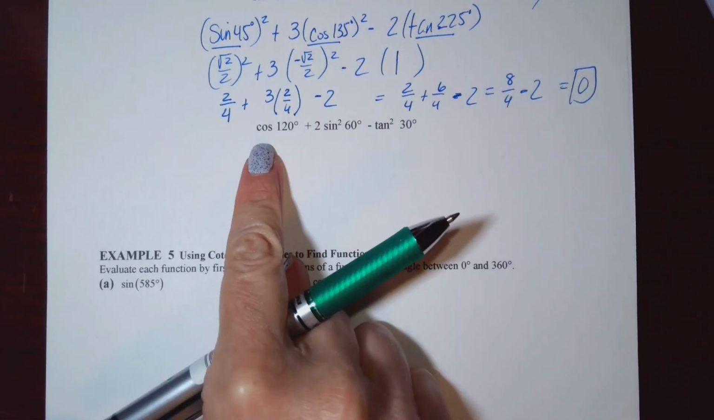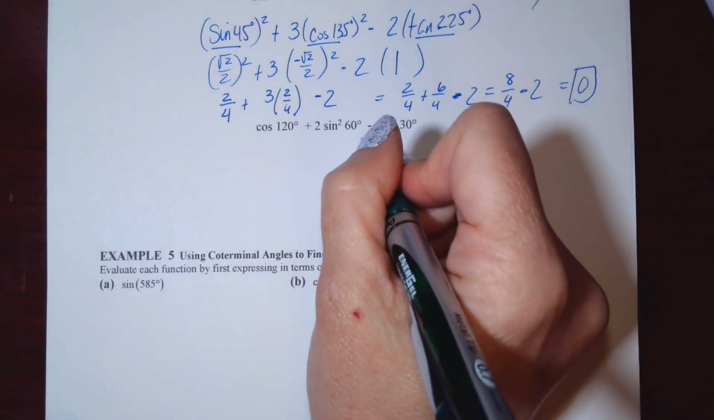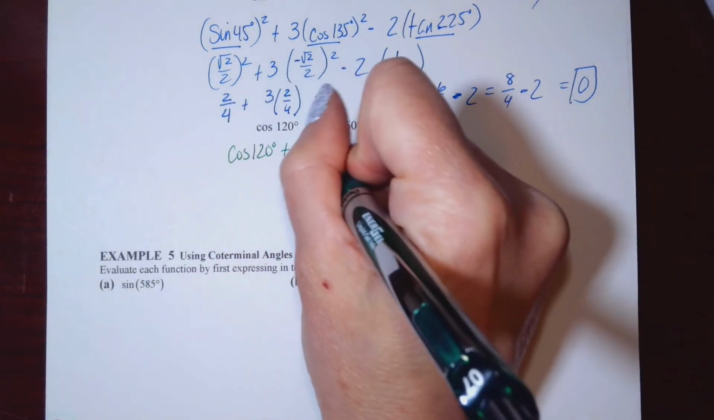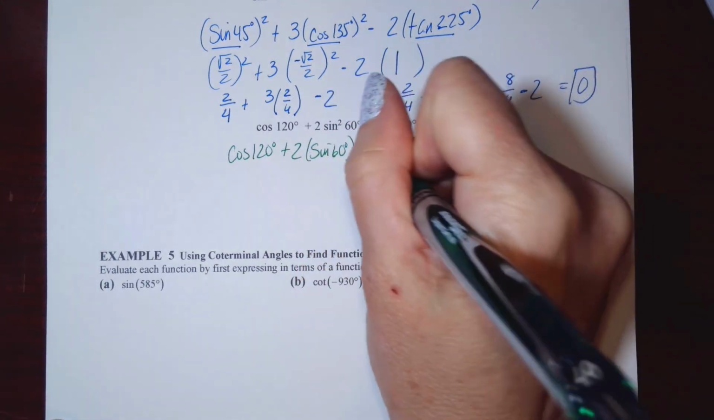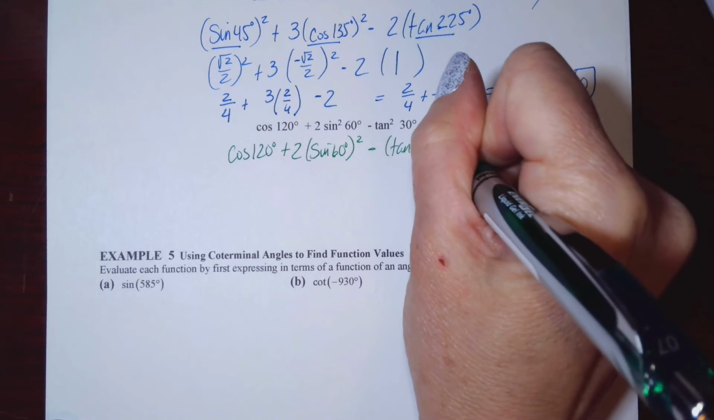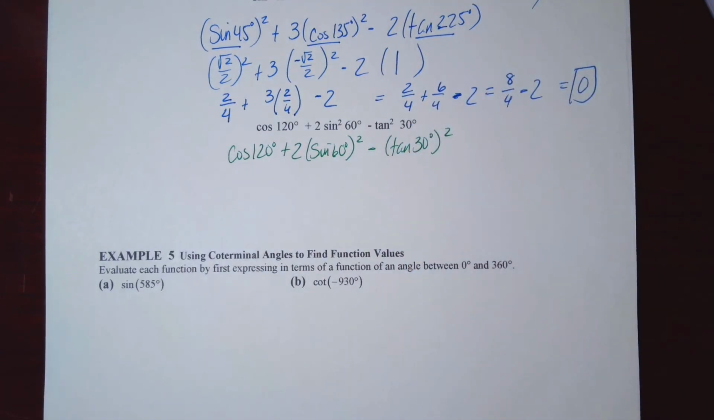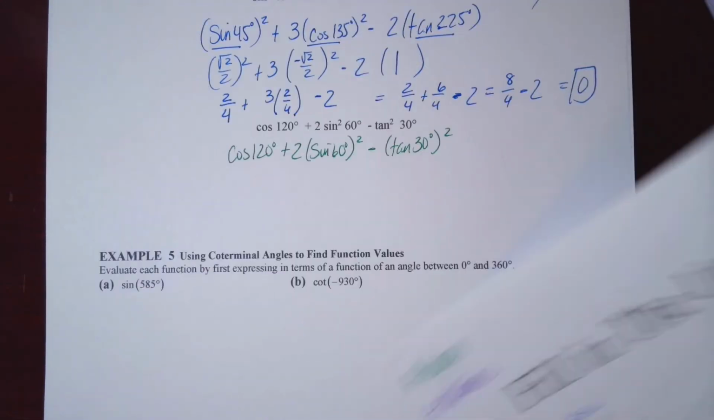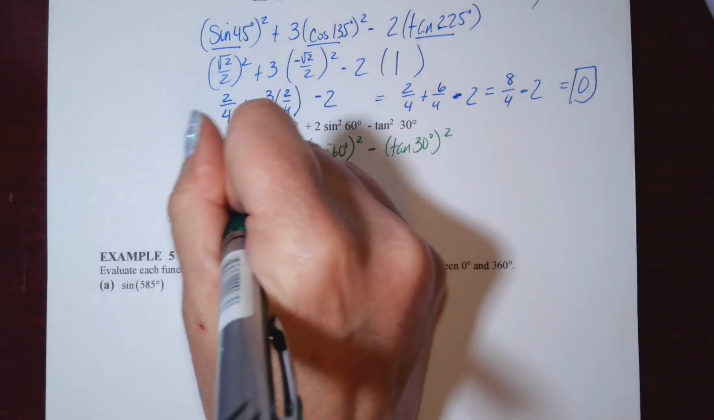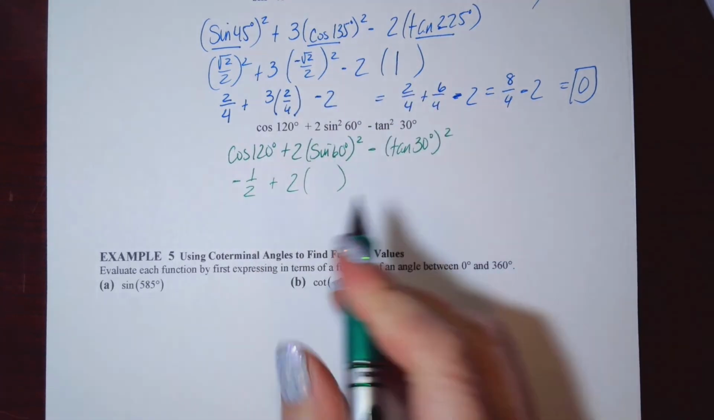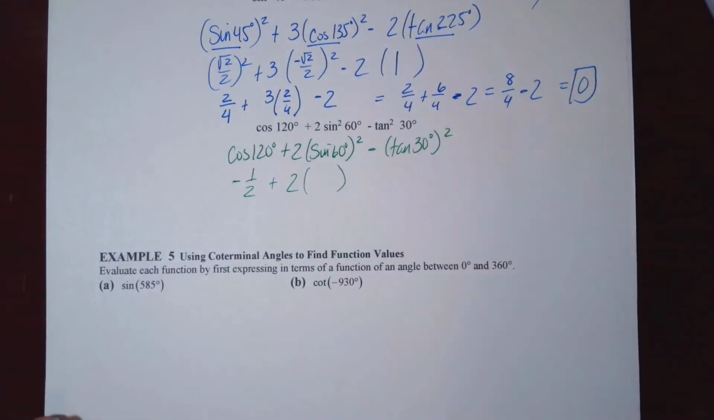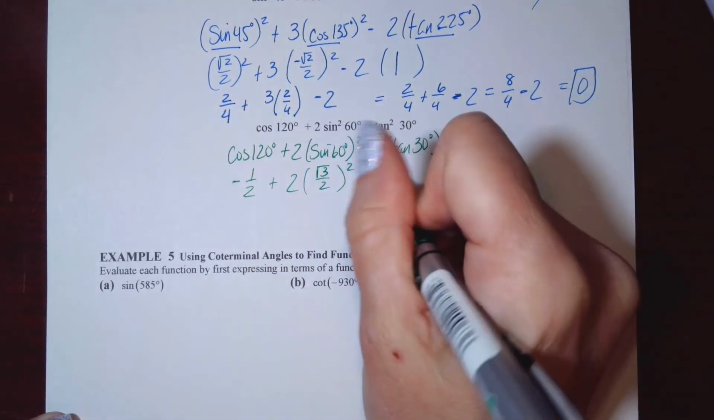Okay, cosine of 120, plus 2 times sine of 60 degrees squared, minus tangent of 30 degrees squared. Okay. Pull out your unit circle or a chart. Cosine of 120 degrees, 120 is right here. Cosine is a negative 1/2, plus 2 times sine of 60 degrees, square root 3 over 2, square root 3 over 2 squared, minus